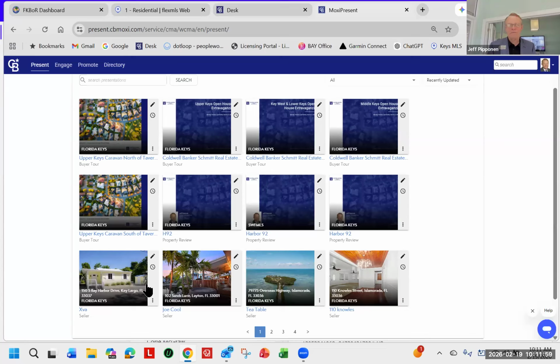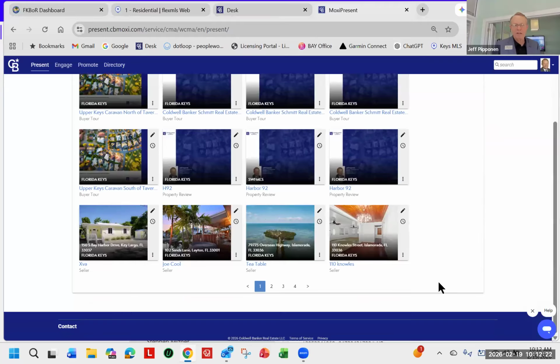You can use it for buyer tours. I use it for our twice a month caravan that we have in the Upper Keys to organize that. So you can use it for pretty much any kind of presentation. But today we're just going to be talking about CMAs, right? Anybody have any questions